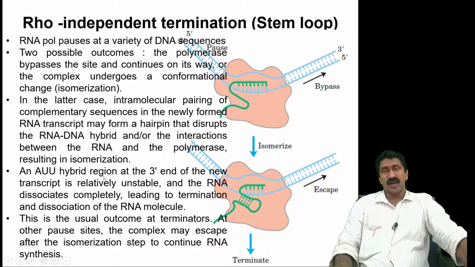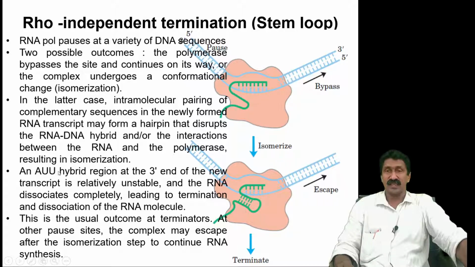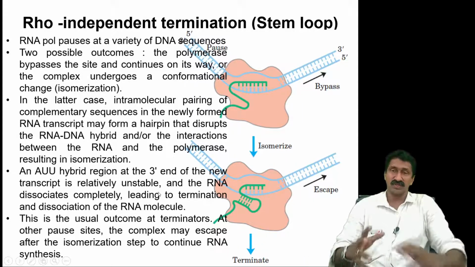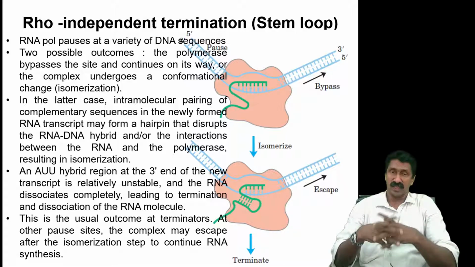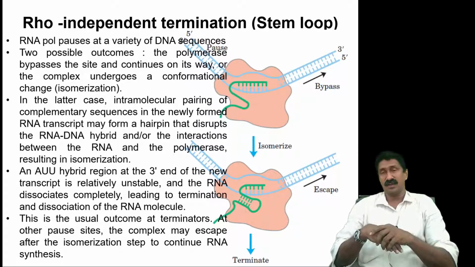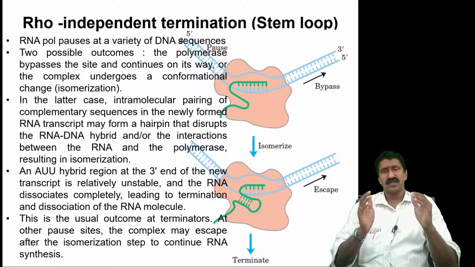An AUU hybrid region at the 3' end of the new transcript is relatively unstable. So usually at the end there will be AUU, that is, A and U residues with weaker bonds. The region which is holding the transcript to the DNA, that AAU sequence, is relatively unstable because it is AT-rich, or AU-rich, so they are weak. So the RNA will fall off from the hybrid template,